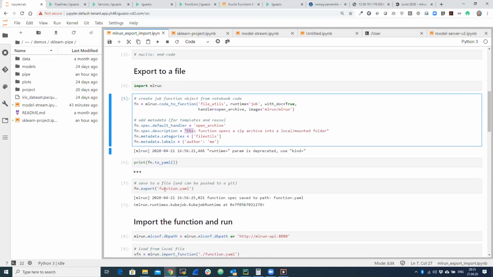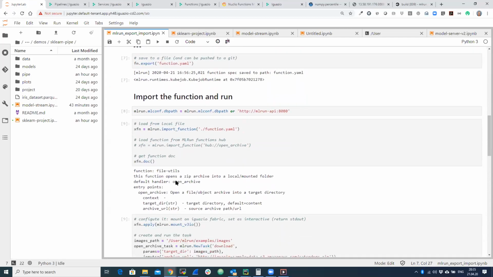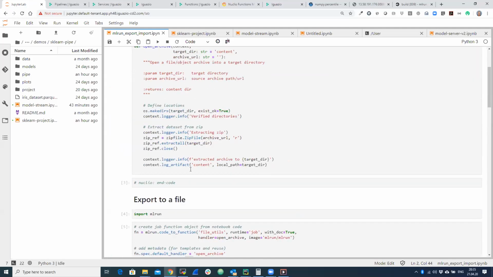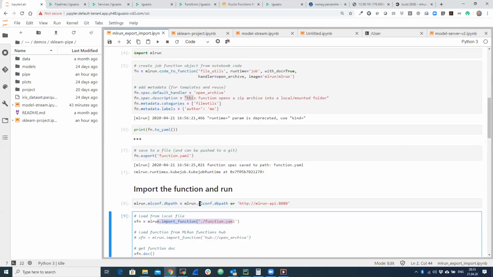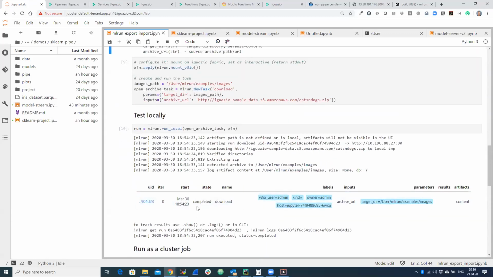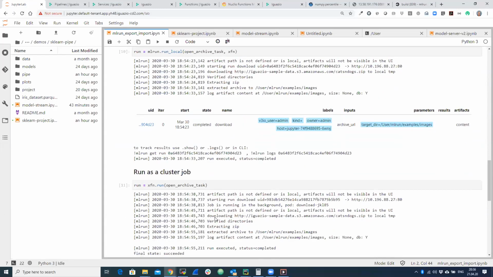And then I could just export that, locally or into a function marketplace or database. Later on, I can just import that function and even read all the documentation. The documentation is being generated automatically from the documentation of your code. And then I can just go and run those functions locally in my notebook or as a distributed job